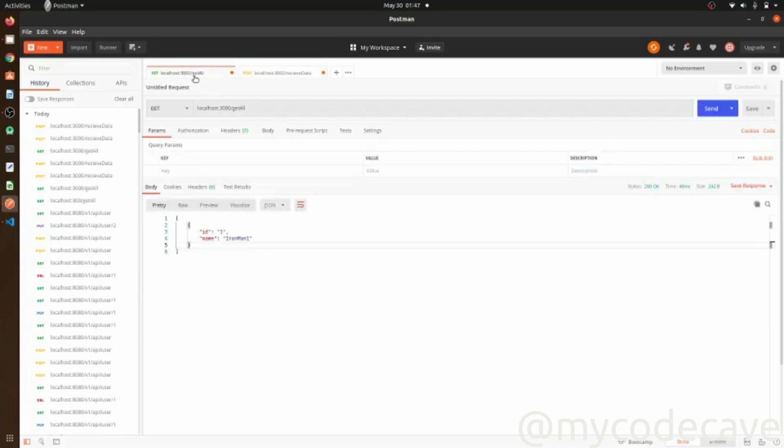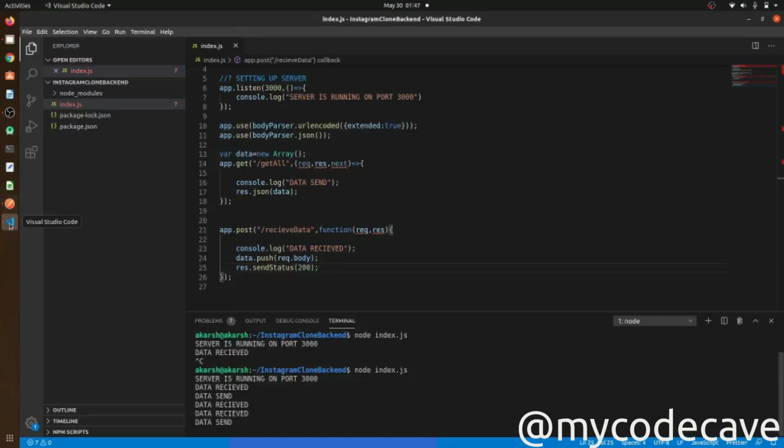And we will rerun the get part, it will show all the data that we have sent there. These data are stored locally in this file. When you terminate this server, it will be cleared.